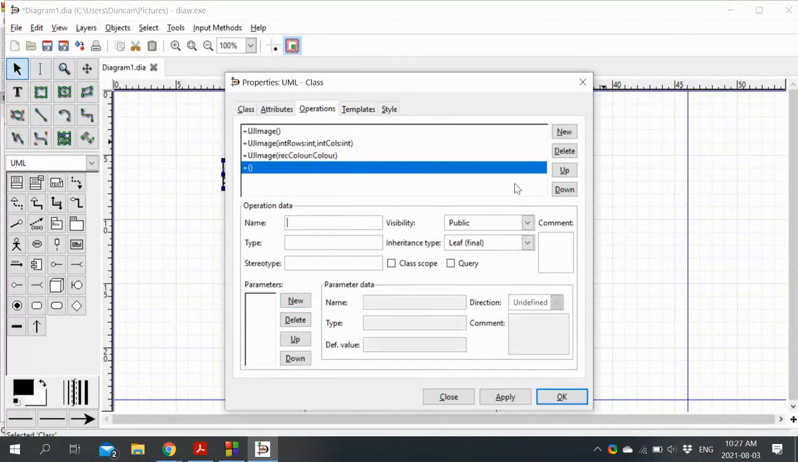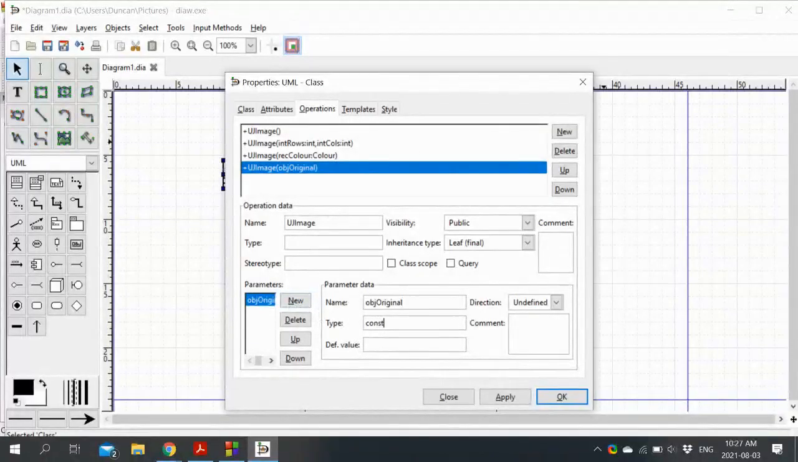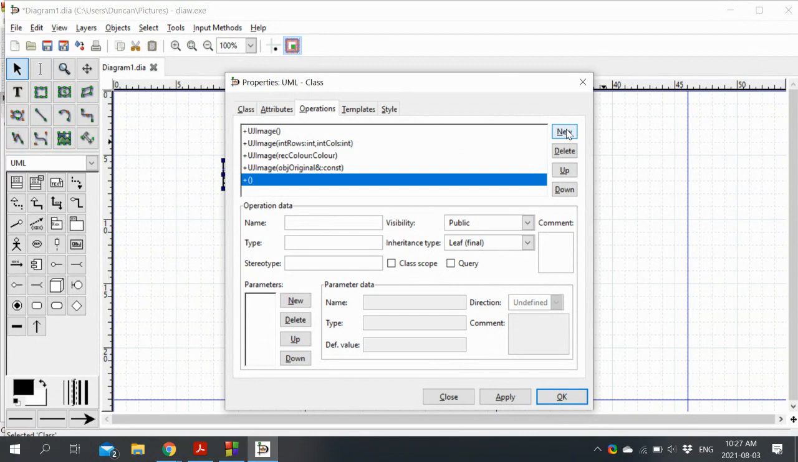And then we're going to have the copy constructor, obj original, it's going to be a const. You could say a const reference. It's not really C++, or we could name it like that, I suppose. It does really affect the type, but that's fine. Anyway,